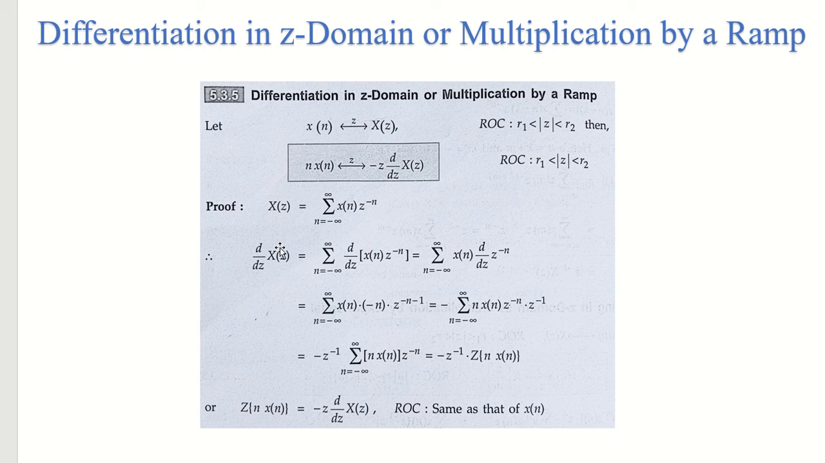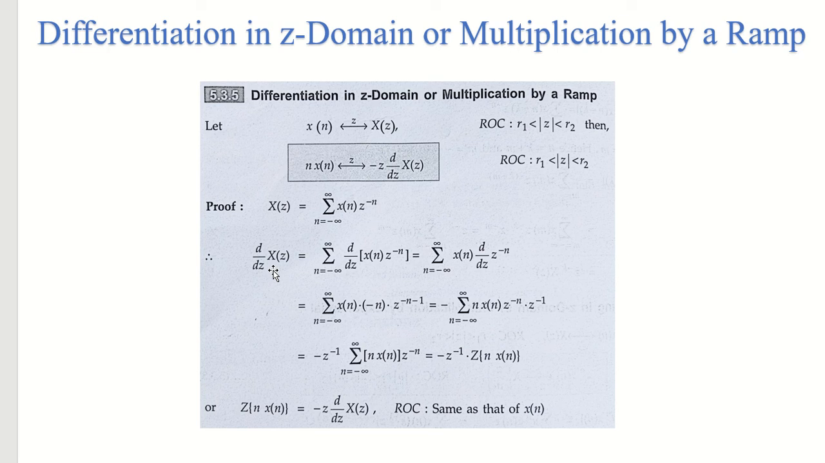Let's take x of z. You know what the formula of x of z is, right? It is the summation of x of n z raised to minus n, and then we will take the differentiation of it. So what you will get is the summation, n equals minus infinity to infinity, of d by dz of x of n z raised to minus n,